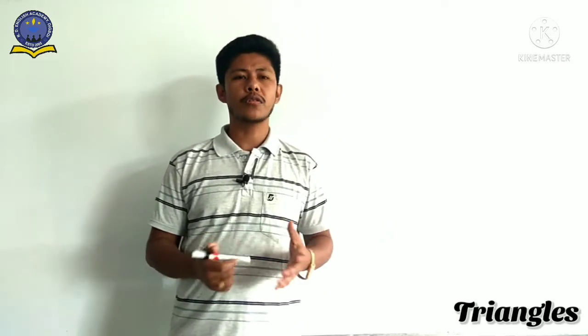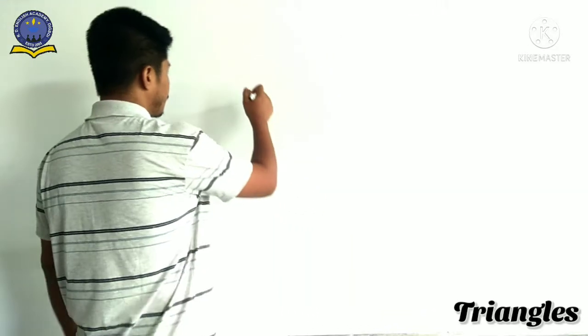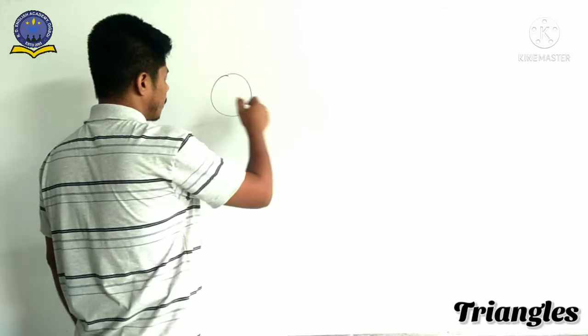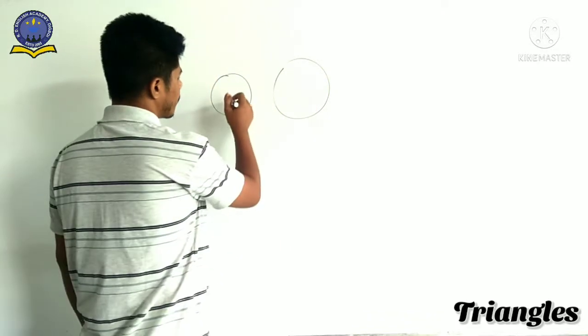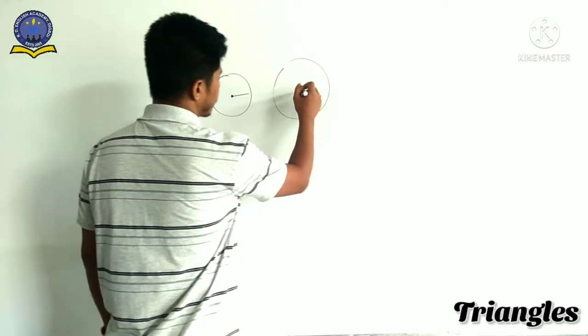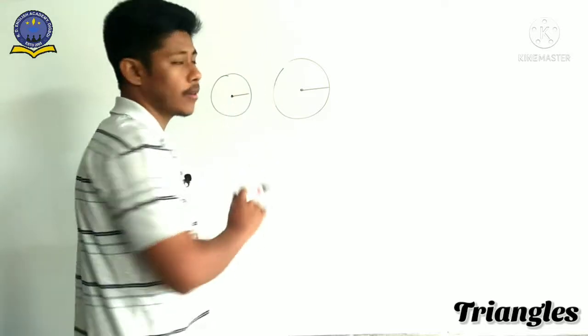So there we discussed congruence, isn't it? Now what is congruent? When shape and size are the same, this is known as congruent. For example, suppose we consider a circle here and we consider another circle. If you see here, the difference is what? Their radius. Their radii are different, but the shapes are what?